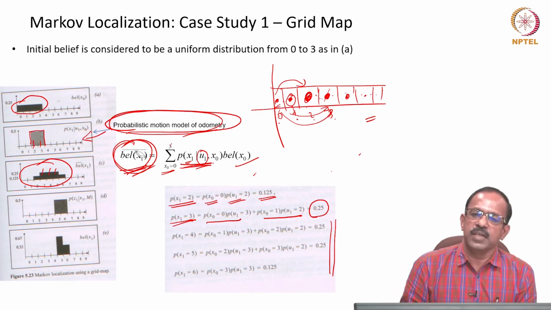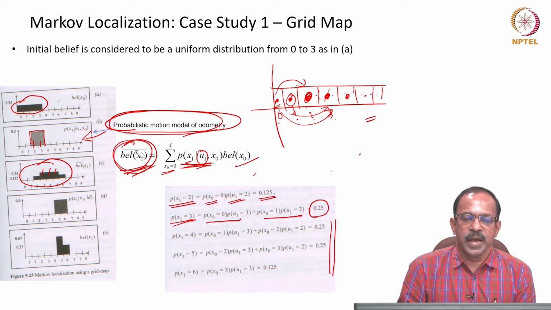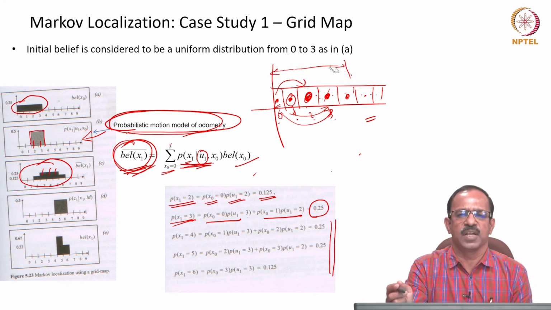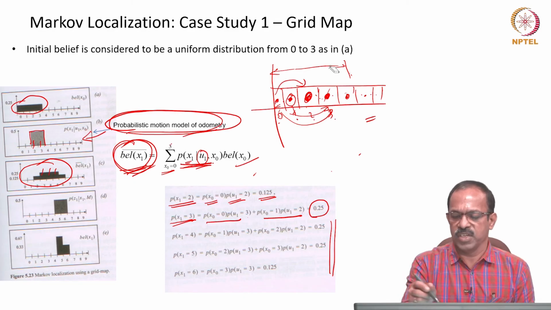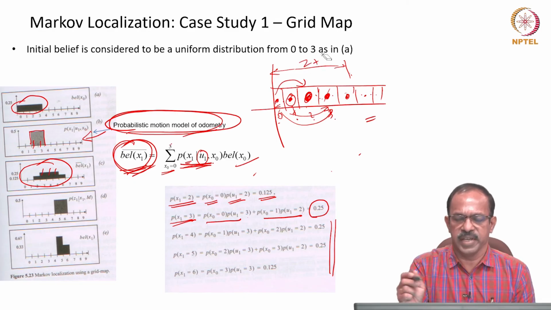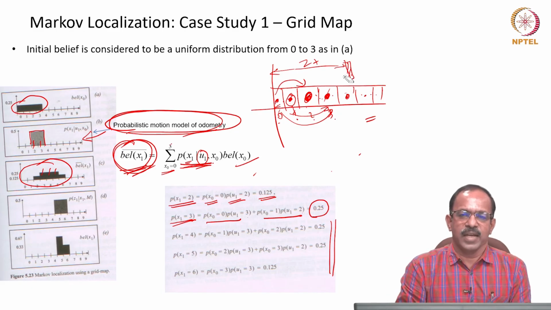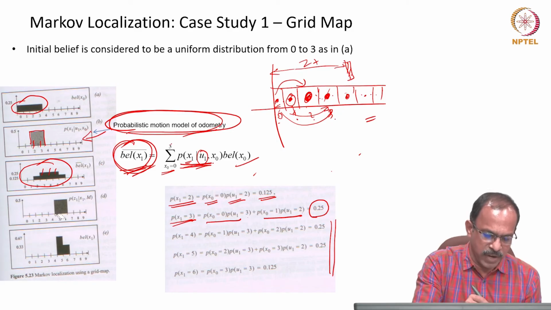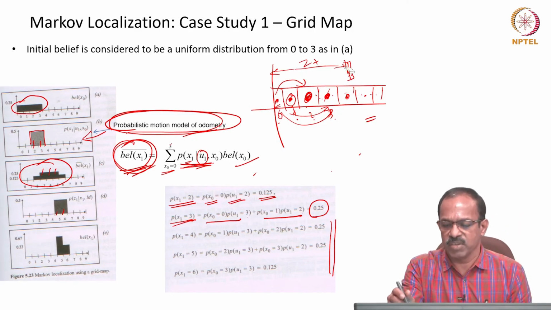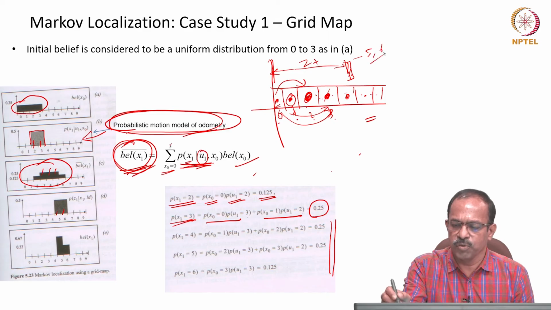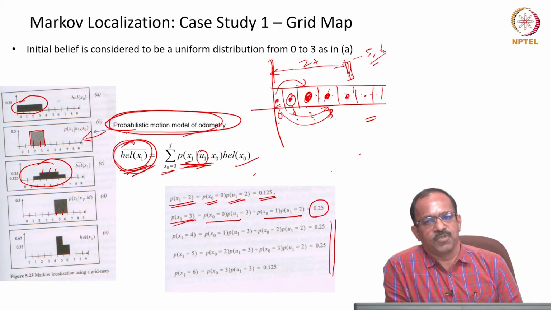Now, we assume that we have a sensor and the sensor is measuring some distance from the current position of the robot. Assume that there is some sensor which actually measures the distance and then gives that information as zt. It says that from my position, I could be at 5 or 6. So, I am measuring some distance to the starting position and I am seeing it as 5 or 6 units away from the starting position. So, that is the sensor information.